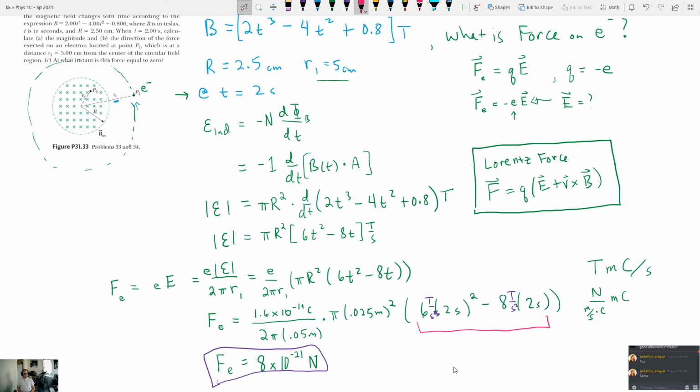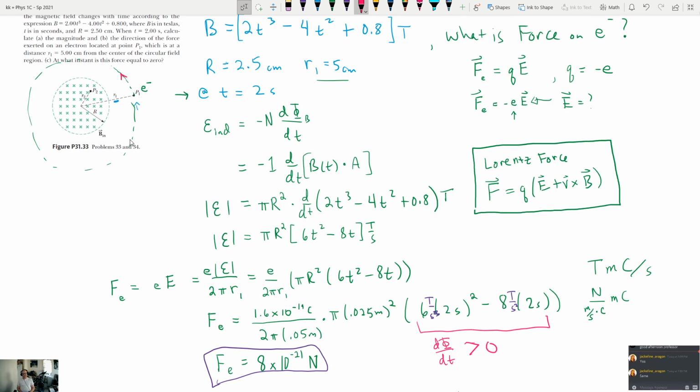I'm sure if the time is between 0 and 1, this might actually be a negative number. But at t equal to 2 seconds, it looks like a positive number to me. 24 minus 16, yeah, it's positive, right? So this is greater than 0. And remember, this is the dΦ/dt. That means the flux is increasing, which means the induced EMF has to create a